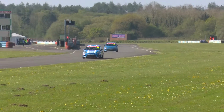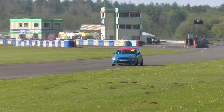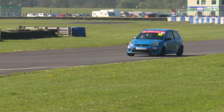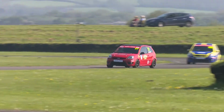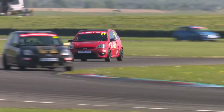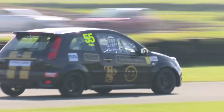He's going to have to try and chase down Abby Locke. So the 14-year-old back on track, entered and prepared by Race Car Consultants, the 84 car. Learning experience for him. Down through Hatchets, recovering nicely. Alfie Glennie trying to close in on Ted Potts in the 55 car, the